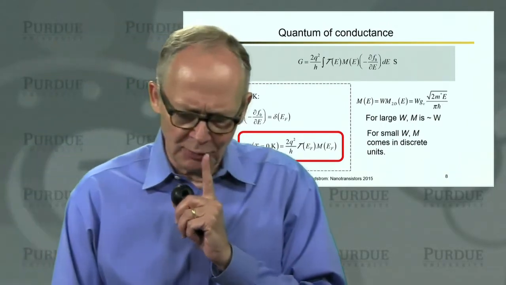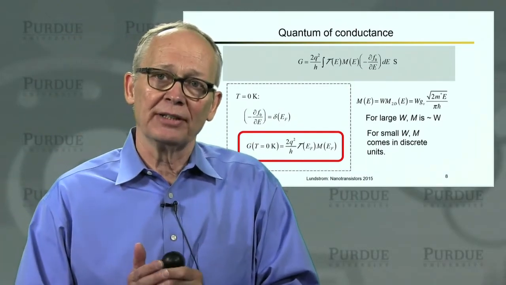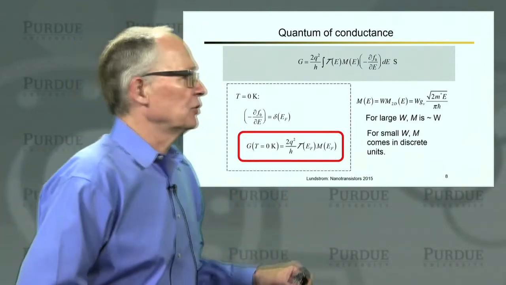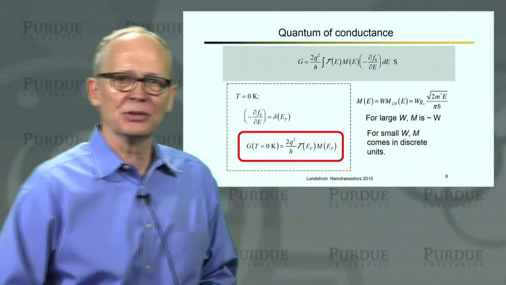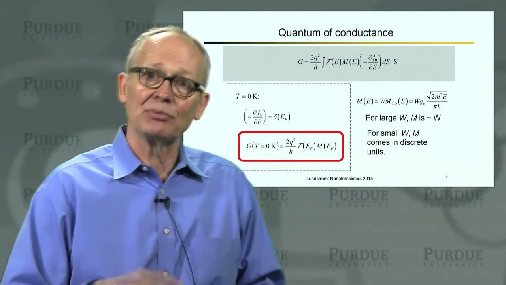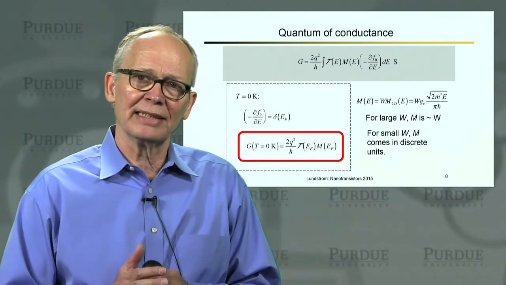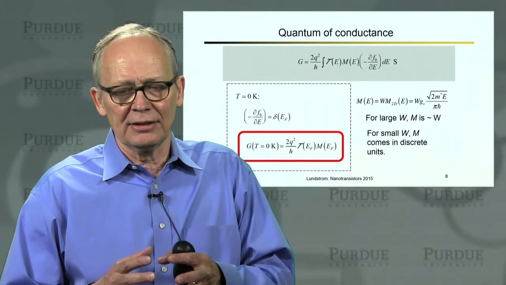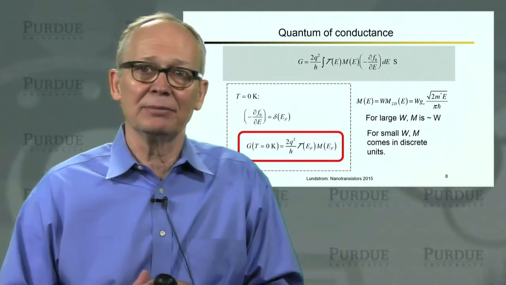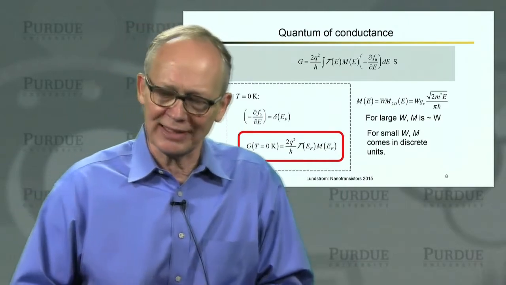Now there's something important here that I want to point out. In deriving the expression for the number of channels at the energy E, which we did in the last lecture, we assumed a 2D density of states. Remember, for the number of channels, we need a velocity, the x-directed velocity at that energy, but we also need a state, and that brought in the two-dimensional density of states. But the expression that I used for a two-dimensional density of states is one that is derived for a large two-dimensional area. In small structures, the density of states can be modified by quantum confinement, and we can start to get discrete and countable numbers of states.